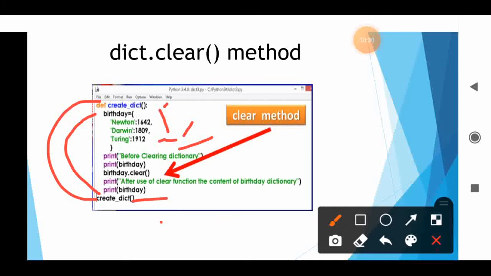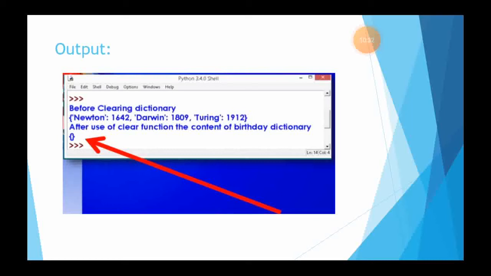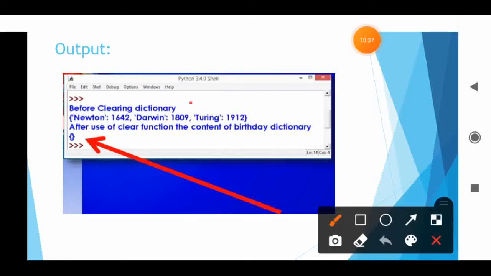Let us check the output. See, first the statement is printed, what we have given in the print statement before creating the dictionary. The next is the birthday dictionary we have given in the print statement, so it is printed. The next print statement we have given is printed. After that, we have again printed the birthday dictionary.